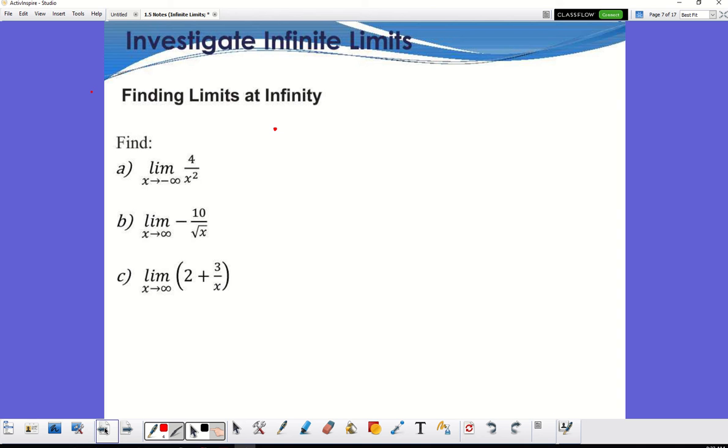So when I do that, think about the numbers that are going into this. So 4 over, let's start off with negative 2. It would be over 4, which gives me 1, right? But now I'm getting to the left. So I'm going to negative infinity here, right? So all the numbers that are going negative infinity on a number line, I'm always going to square it, so that number is going to become a positive now, isn't it? That's always going to become a positive. So now 4 over infinity is going to give me 0.